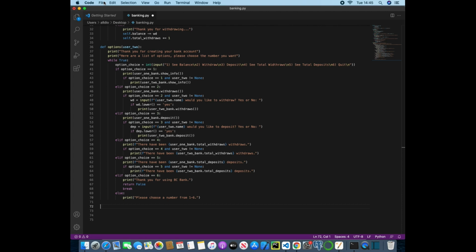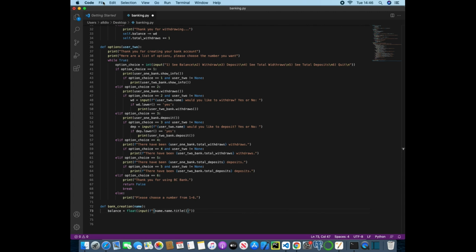Finally, we want to create a method or, well, a function that actually works for the bank creation. So this will actually ask the user how much money they have at the very beginning. So def bank_creation, and this will just take in a parameter of name. Now we can use a new variable called balance and assign it to a float of user input that just says an F string containing